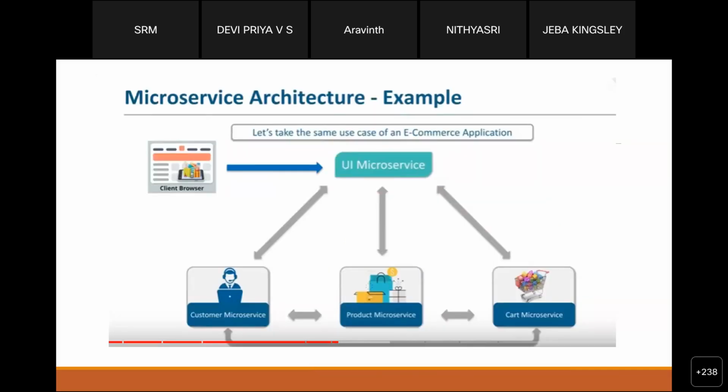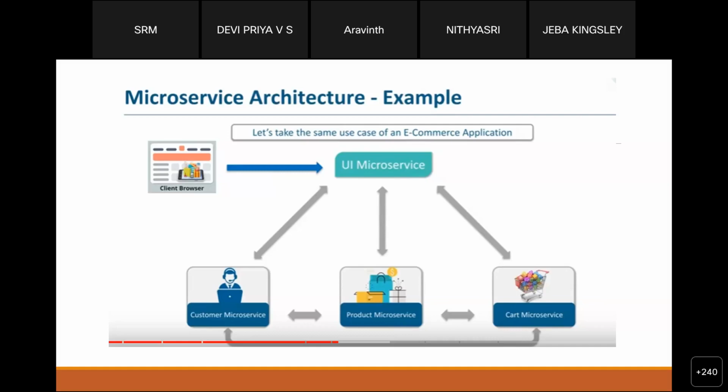So for dealing with the delays and all other issues related to the monolithic architecture, they moved to microservice architecture. In the case of microservice architecture, taking the same e-commerce application, the client will request a service and the same service will be provided. If I take the Amazon website, they provide the same service but with a faster response time. Why? Because they have developed these things using a microservice architecture.